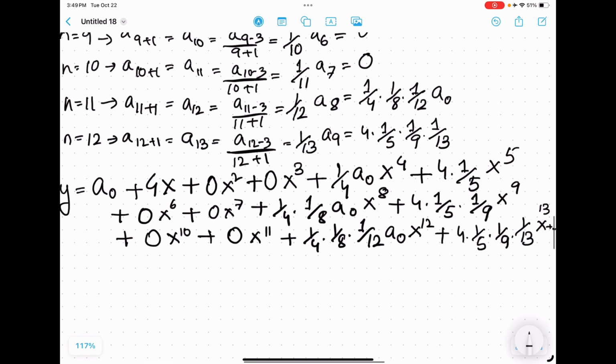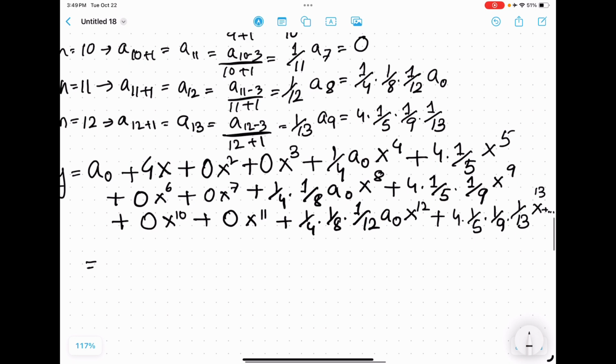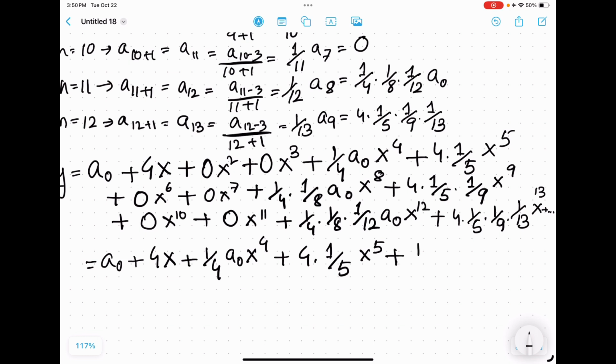Okay, now if you look closely, we have a lot of zeros in these general terms. So let's just get rid of the zeros. They're not necessary, right? I just wrote that for you to see it. So now that we have seen how it looks, let's get rid of the zeros and make it a little smaller. So I have a sub 0 plus 4x plus 1 by 4 a sub 0 x to the power 4 plus 4 times 1 by 5 x to the power 5 plus 1 by 4 times 1 by 8 times a sub 0 x to the power 8